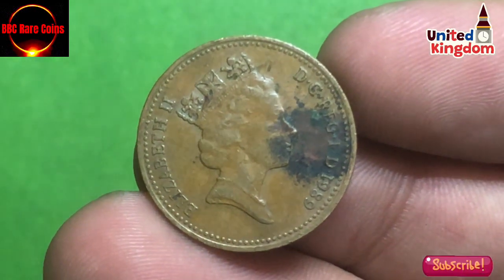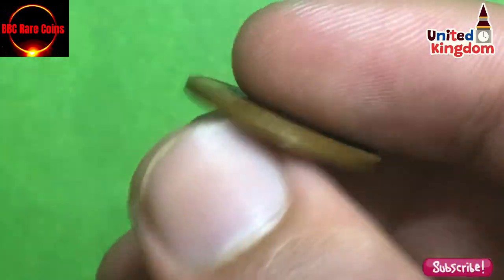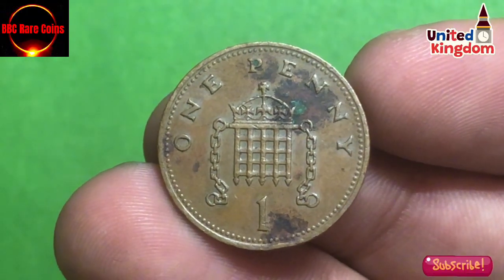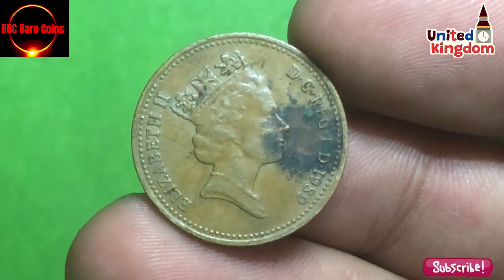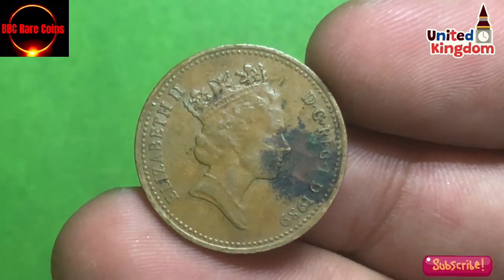So, what makes the 1989 penny so special? Reason number 1, rare minting errors. Not all coins are created equal. Literally, some 1989 pennies were struck with rare minting mistakes, such as misaligned dies, where the design is slightly off-center, double strikes, where the coin is hit more than once by the press,